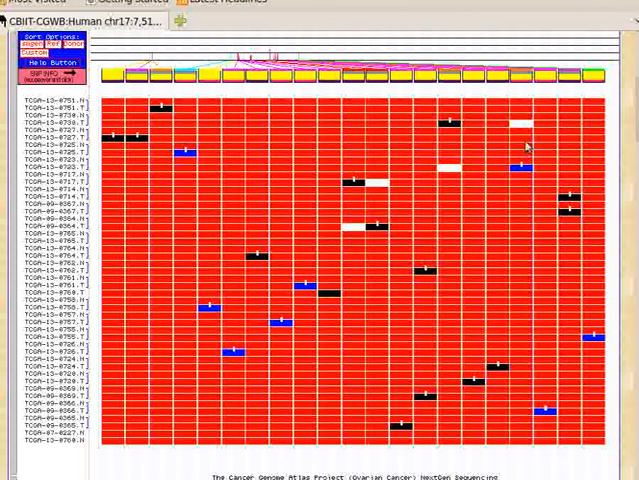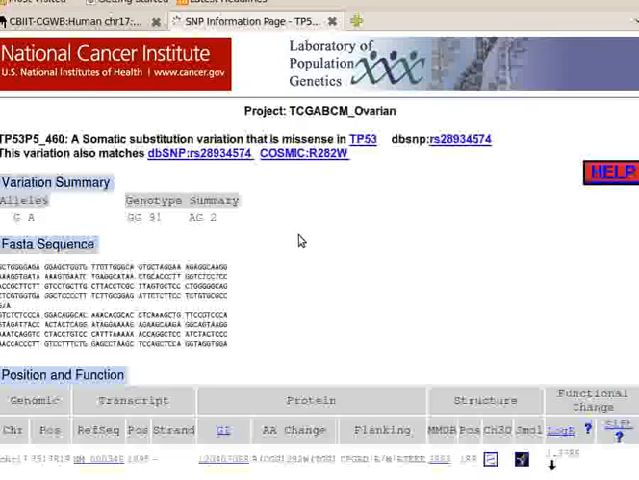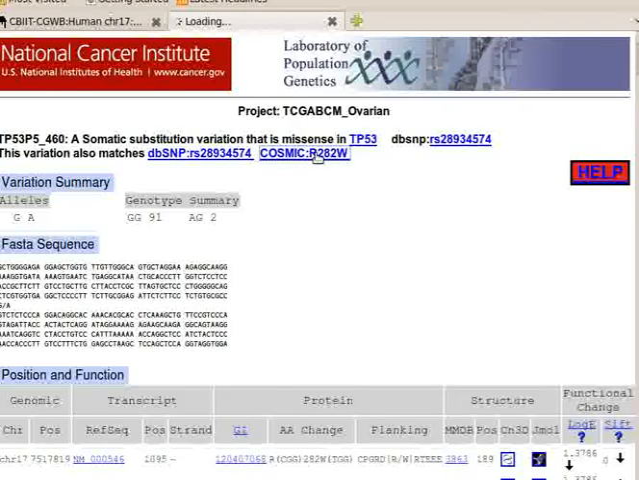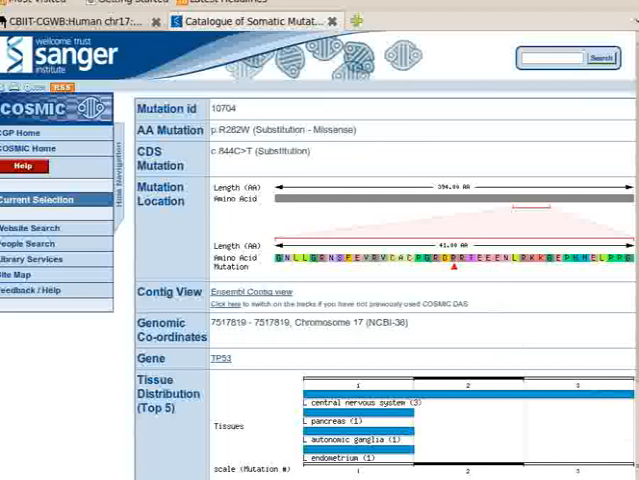And for some of these that were known somatic mutations, you could always look at links to Cosmic, like this one here, and it would take you to Cosmic so that you can see